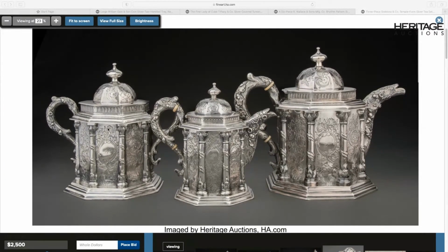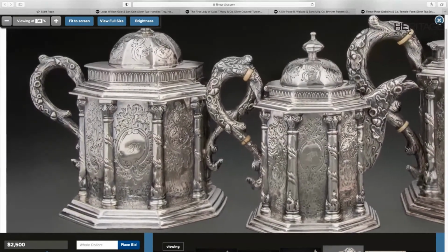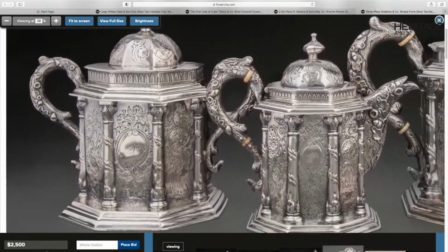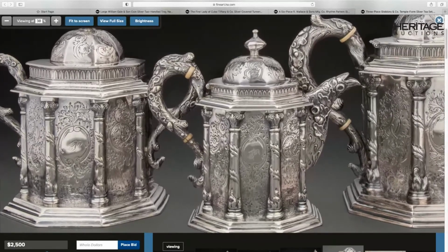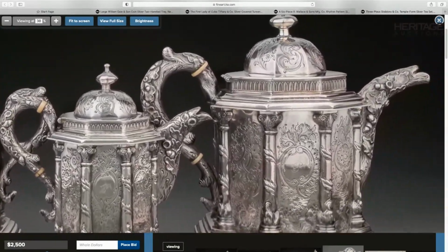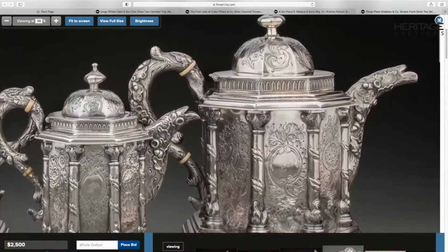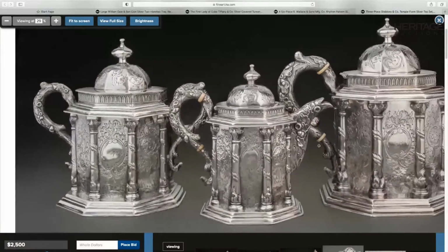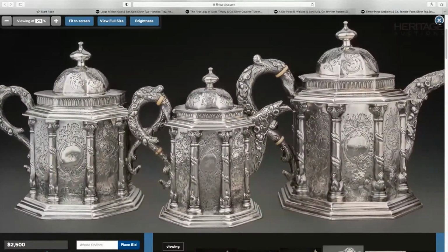And then there's one or two other pieces that have shown up that are somewhat related, but it's really the set that's at the Museum of Fine Arts Houston and the one that's coming up in this sale that are complete in having a teapot, creamer, and sugar. And for about 1850 in the United States, this is pretty extraordinary that this was made in this country. It has the columns, and between each of the columns, there are